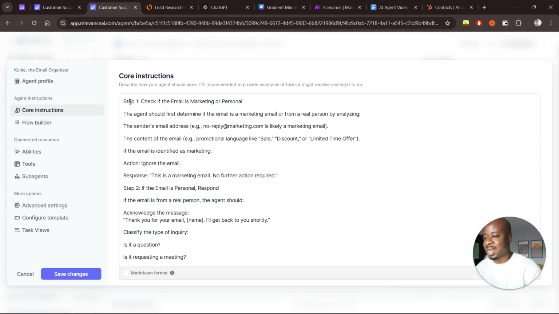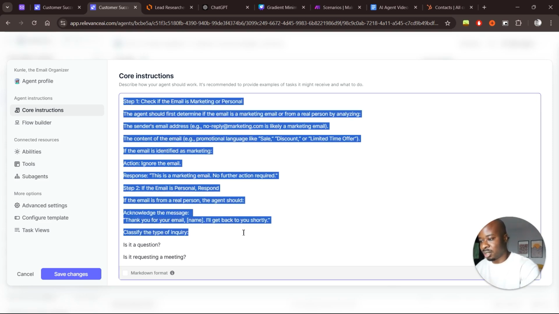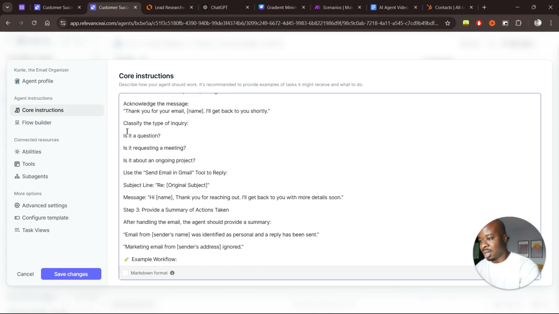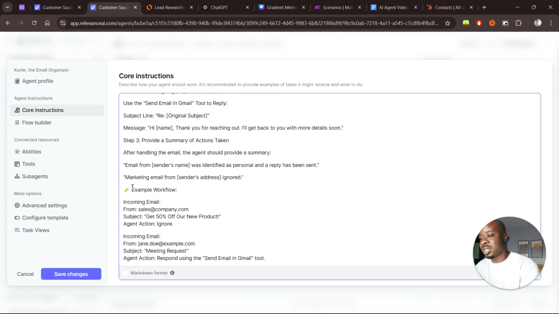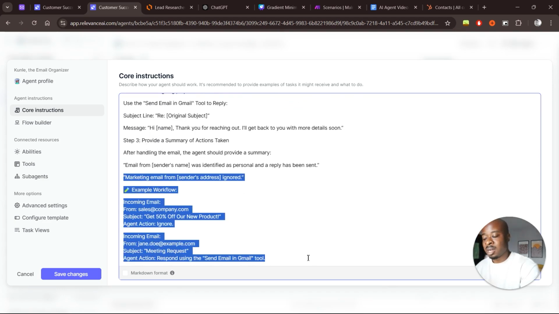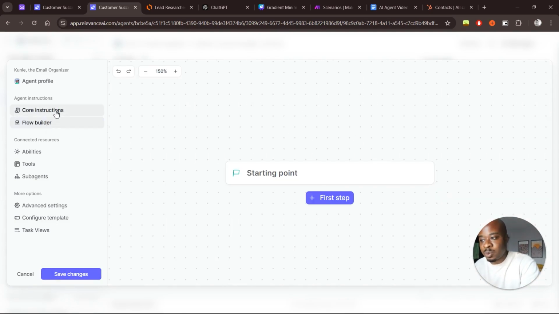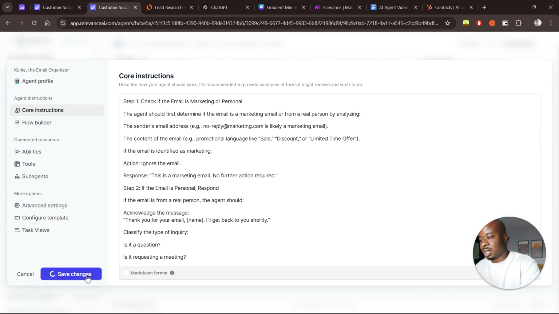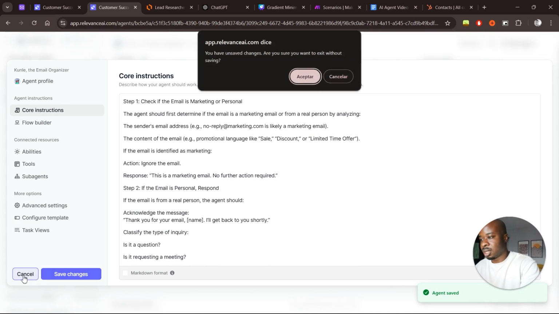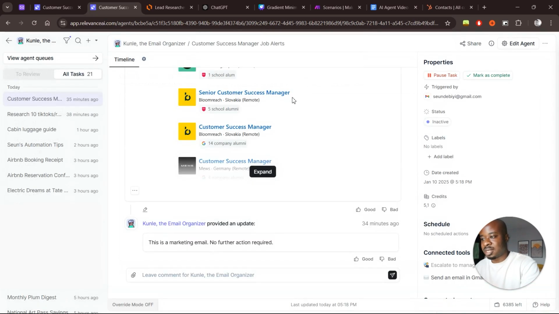Anything that could be a marketing email or a newsletter is just not going to be acted on. We can see those instructions right here. It's also useful to give your AI some examples so it gets a feel for what you need it to do. Again, I could have used a flow builder as well, but this is just a beginner's quick tutorial, so we'll keep it light. And then once we click Save Changes right here,